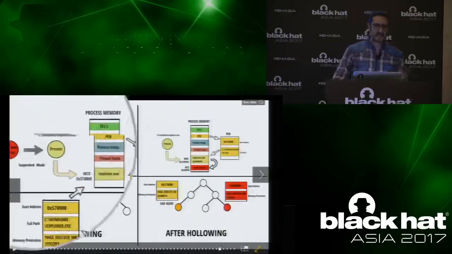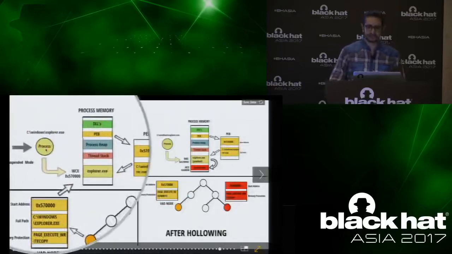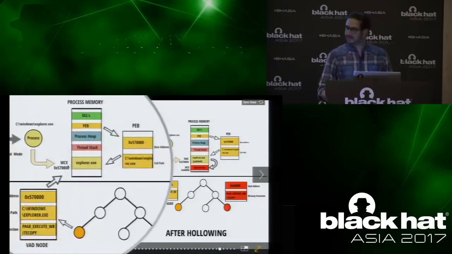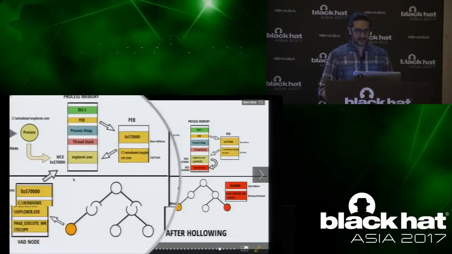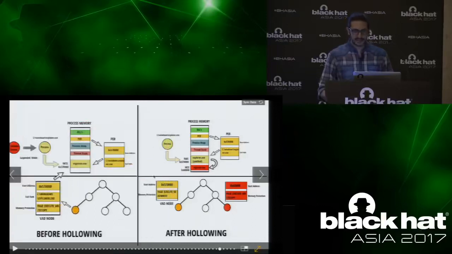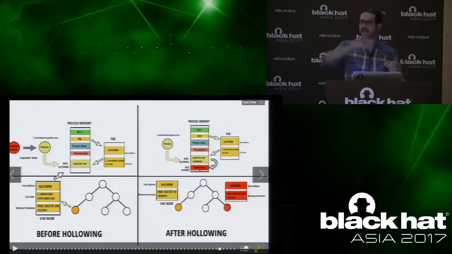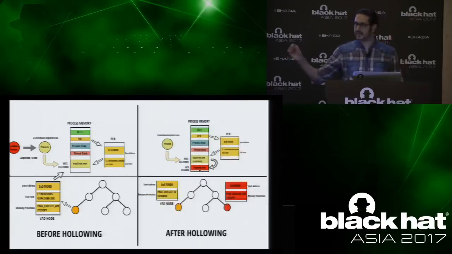So the Kulos started explorer.exe in the suspended mode. As a result of that, it loaded here. The PEB was pointing here, the VAD was pointing here. Then it did the exact same thing. You remember, it allocated memory in its own region. It copied the code that it wants to inject. It used NtMapViewOfSection to map that section. Instead of code here, it injected an executable directly.